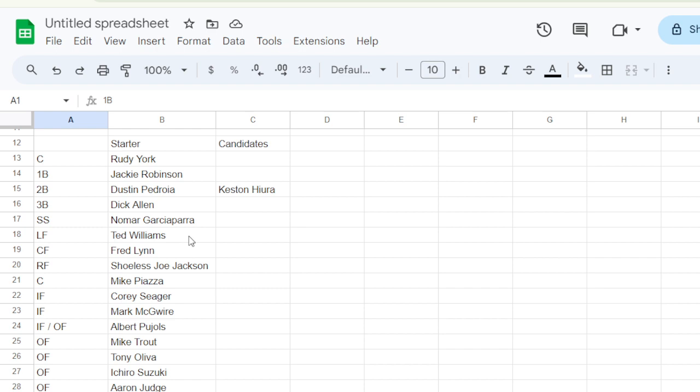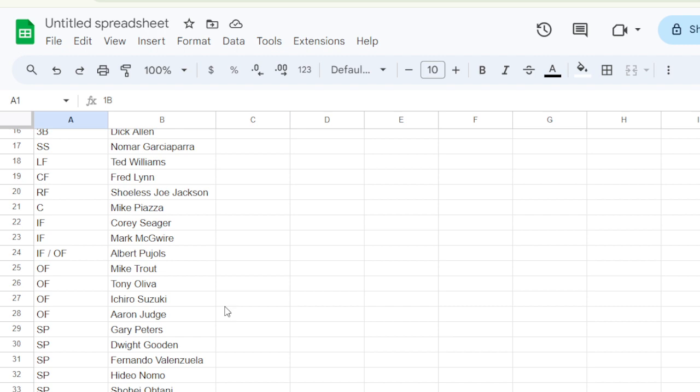Right now I've got McGwire as another backup infielder, but as a Mets fan, I'm tempted to replace him with the Polar Bear, Pete Alonso, but I haven't pulled the trigger yet on that. Right now it still has McGwire, and then Pujols because he can play third or outfield. I have him still on the roster, and I can't see taking Ichiro off, so I've got him there. And then the pitching staff was what I was going to round up today before pulling